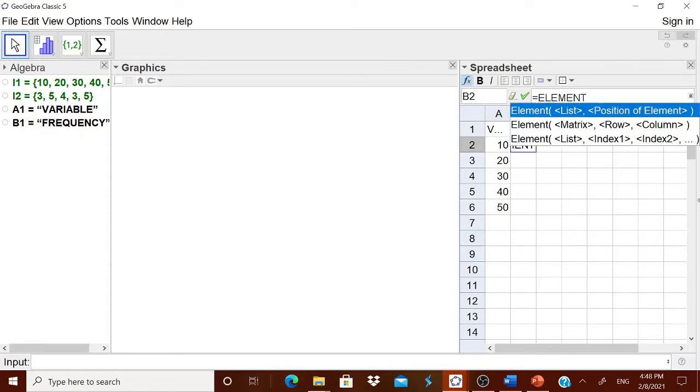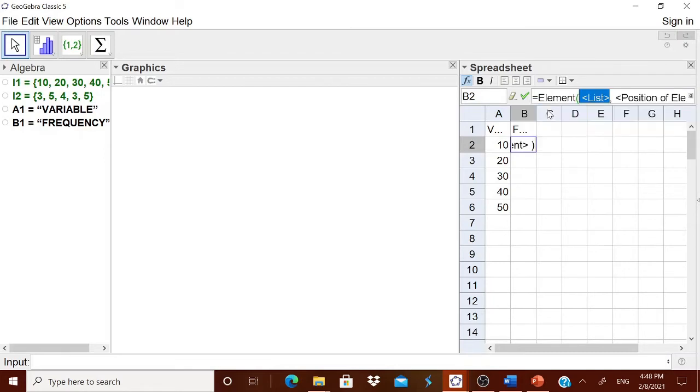Okay, it has come. The second list is L2, small L2, position is 1. Okay, now you see the 3 has come over here. Again, drag it. In this, you change it into position number 2. Enter. Here you change it into position number 3.